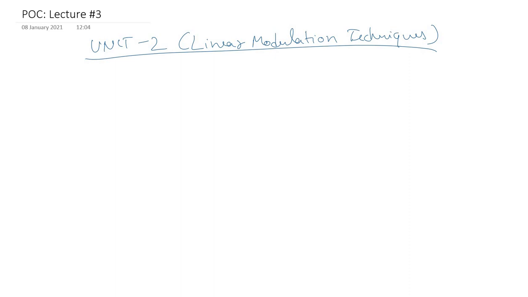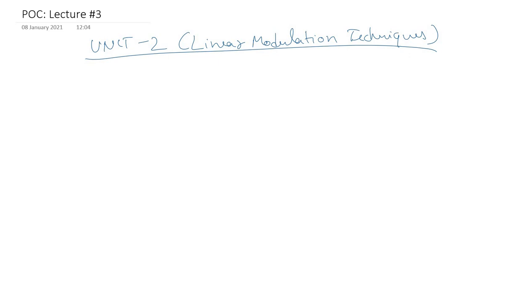Okay, welcome back, all of you. In the previous lecture, we laid down the foundation of what the basic communication system scenario looks like, and gave a brief idea about the representation of baseband and bandpass signals. So now we can move on to our unit number 2. As already discussed, we'll begin with unit number 2 first, and then we'll cover unit number 1.